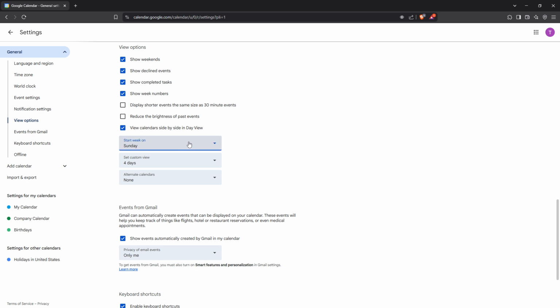This is where you can choose which day your calendar week should start. Clicking on this drop-down will present you with several options, such as Sunday, Monday, and Saturday. Select the day that best suits your planning needs. Whether you prefer your week to start on a Sunday, Monday, or even Saturday, you can personalize it to match